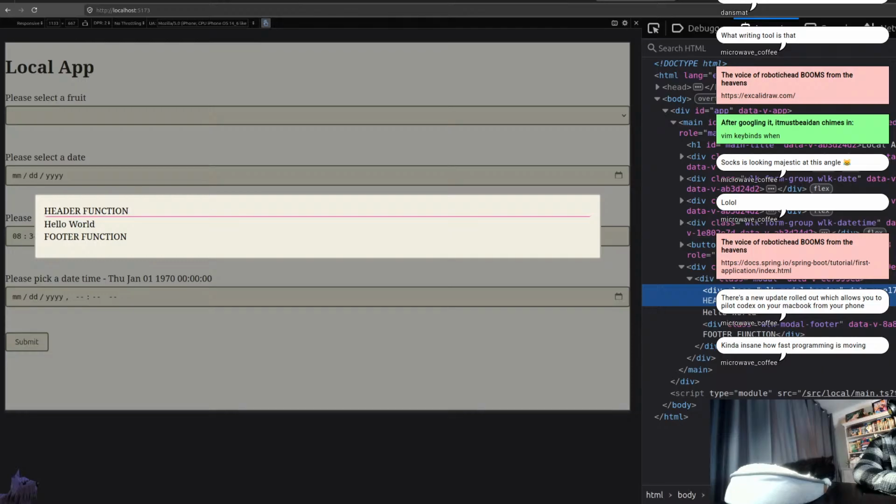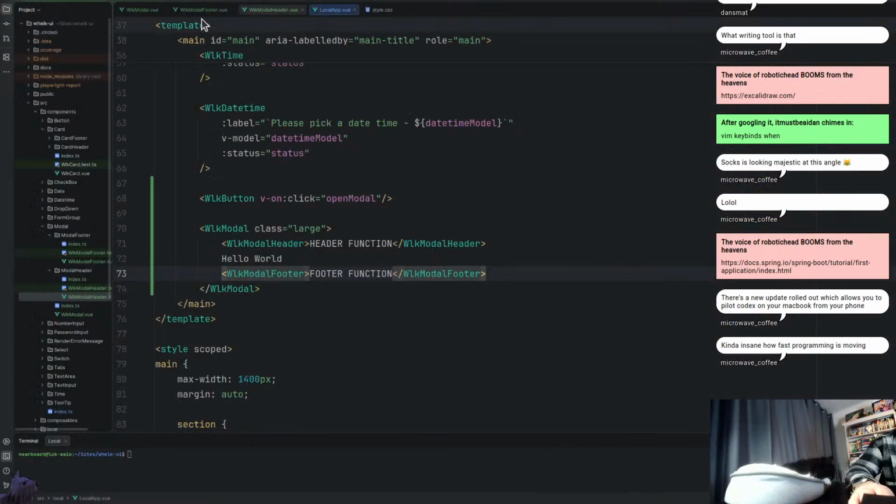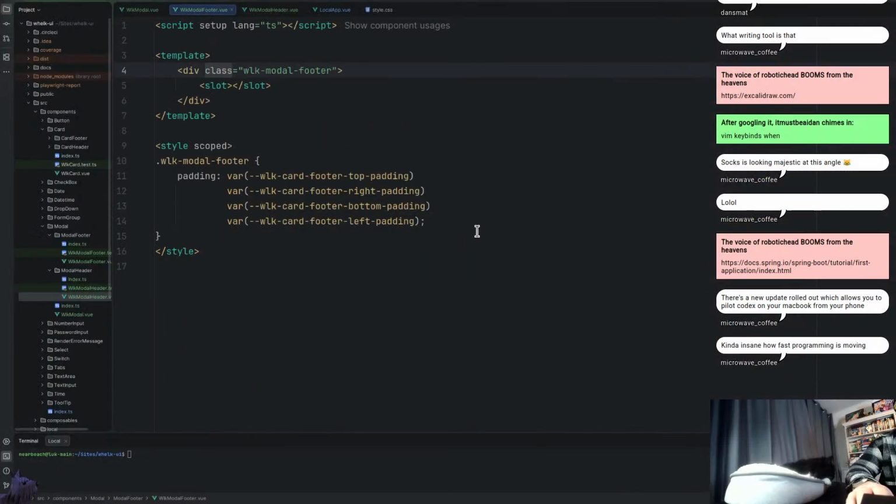Kind of like that. Yeah, because I want to separate, like this modal here, I want something very light and fancy in there. So I'm going to implement that. So at the footer,